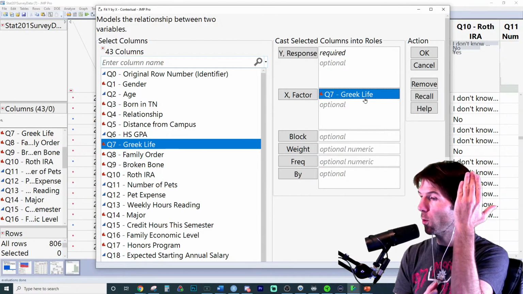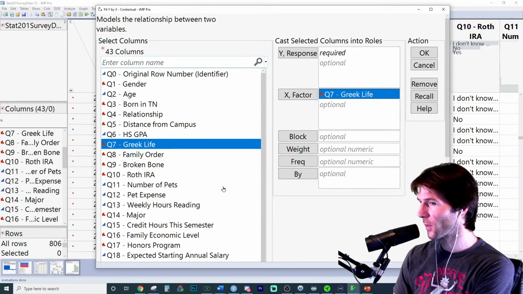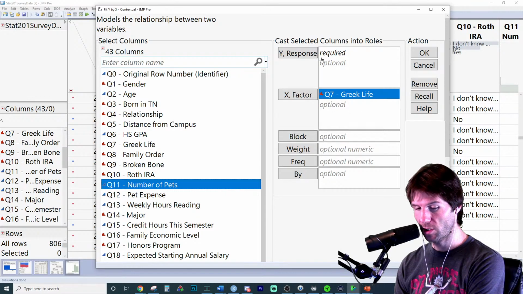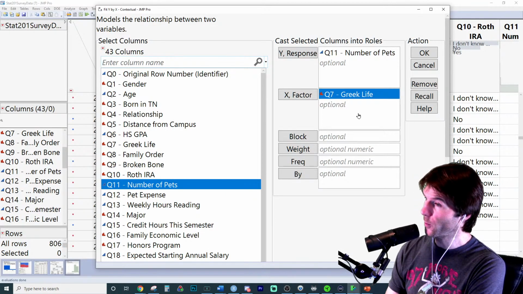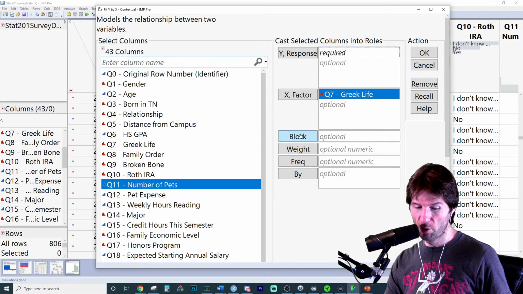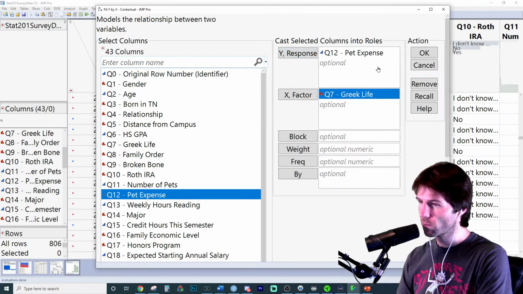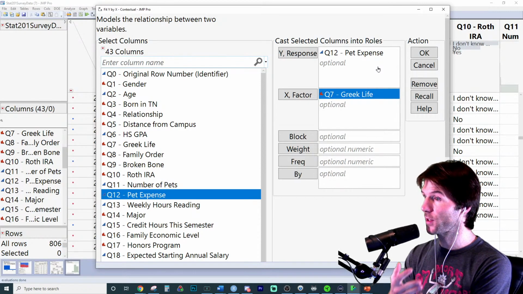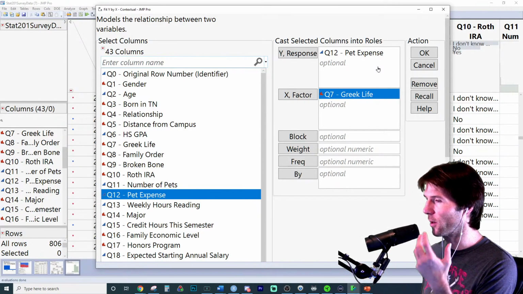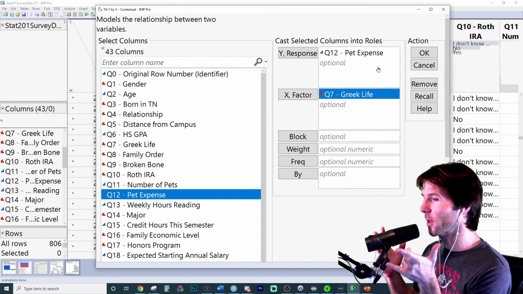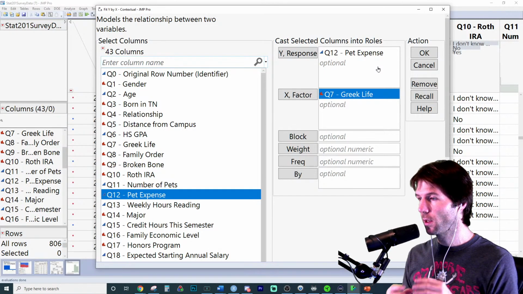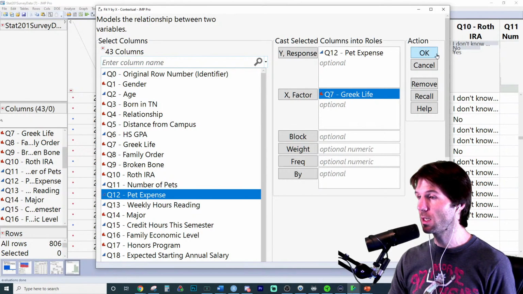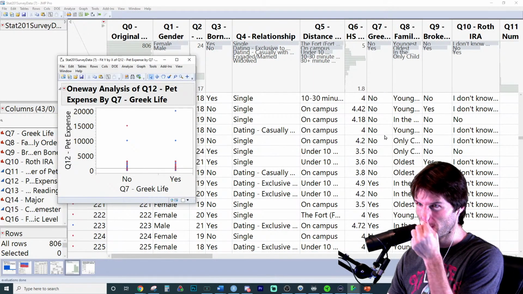Now we're going to compare them on a quantitative y-axis to say, who owns more pets? We've got a pet company here, and we want to sell pet supplies to you. We want to know who has more pets, or better yet, who spends more money on their pets. Is there a true difference in the average amount of money that a Greek life person would spend versus a non-Greek life person? Does that make sense? I've got my Greek people, I've got my non-Greek people. Who spends more money on pets? The null hypothesis is that the two are equal, where the alternative is that there is a difference.